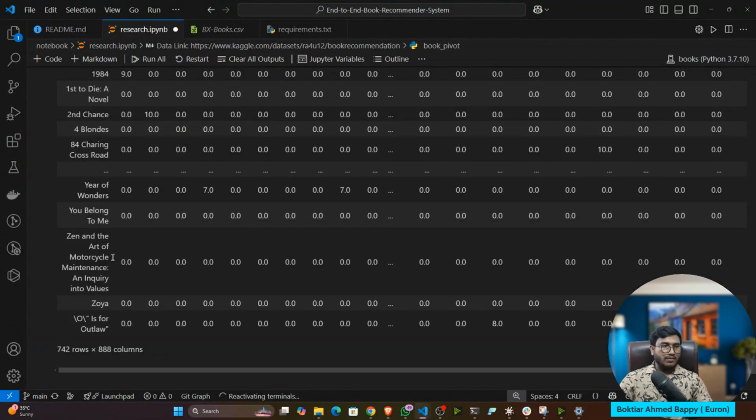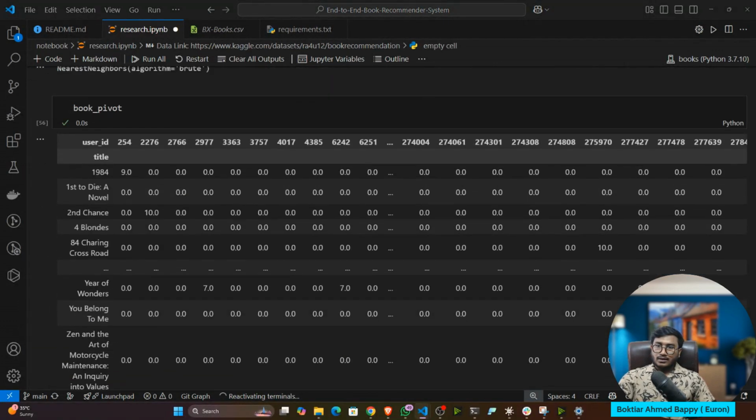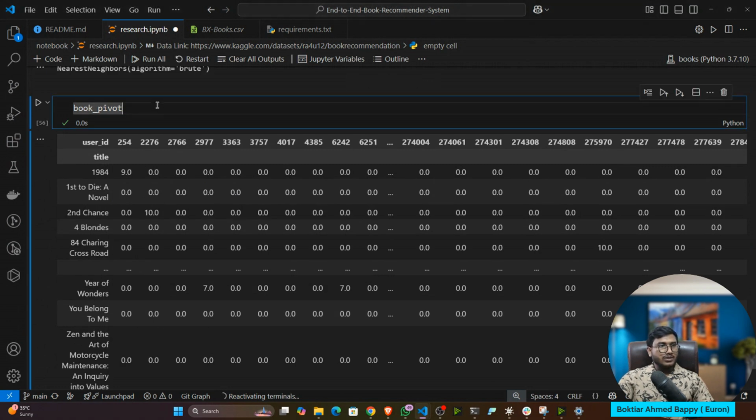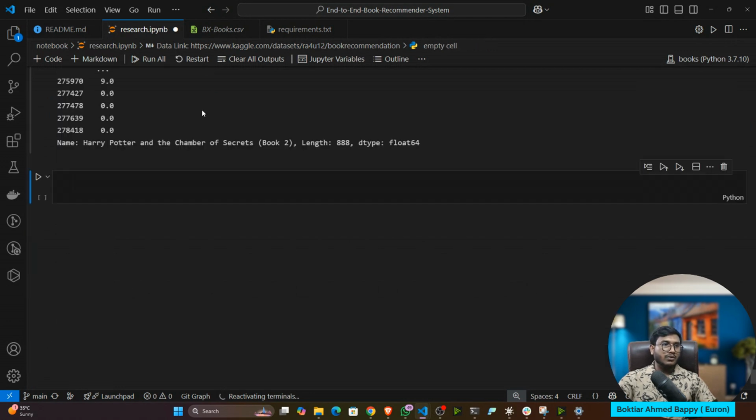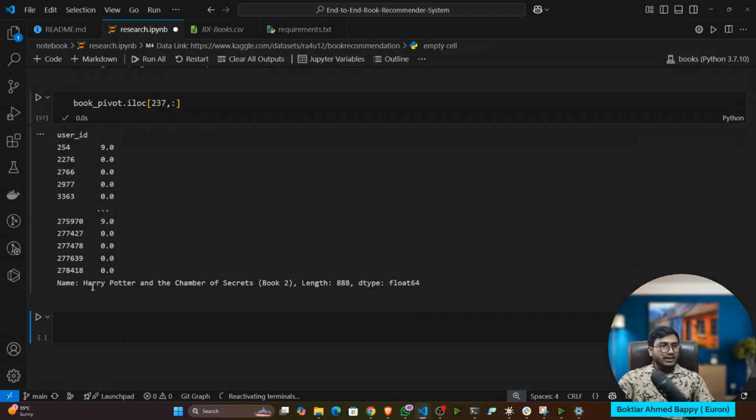And here, if I want to get book information, I can do the iloc operation. That's, I need the 237th book. And what is the book name? Harry Potter and the Chamber of Secrets. Okay, this is the book name, and this is the matrix of the book. That means this is the ratings.